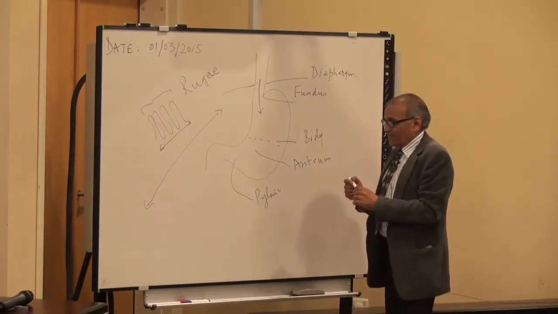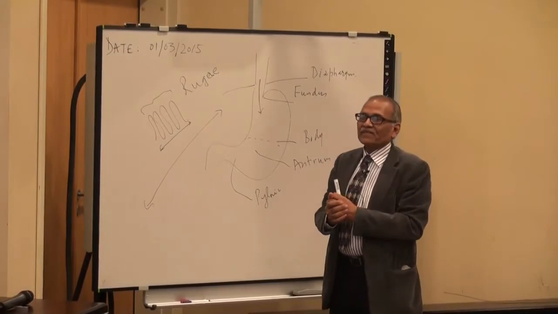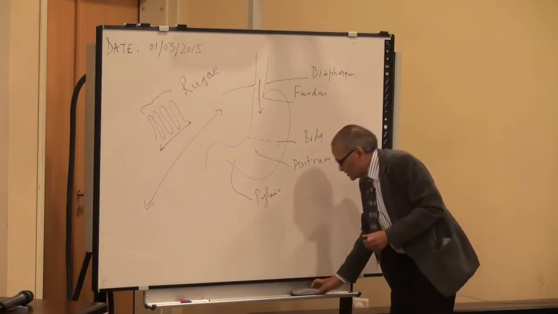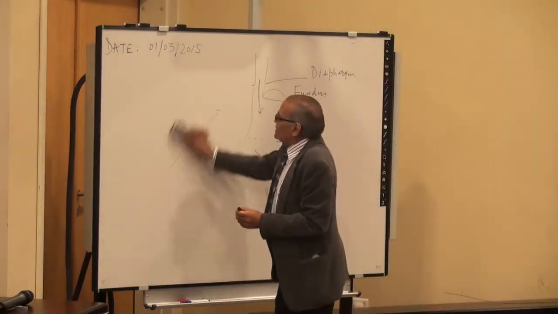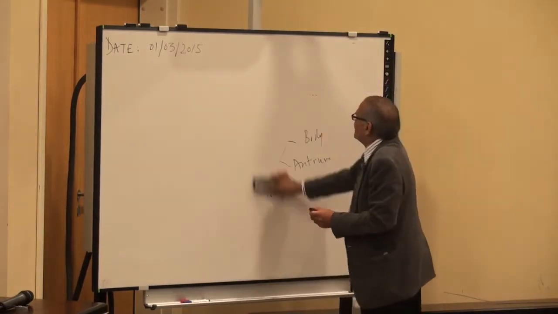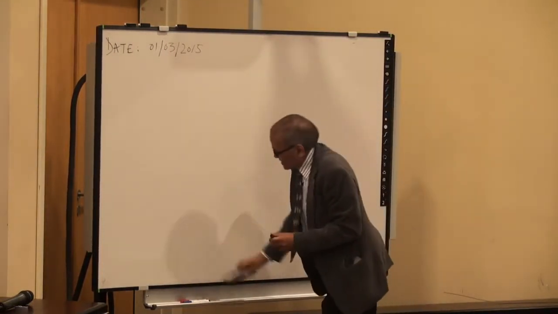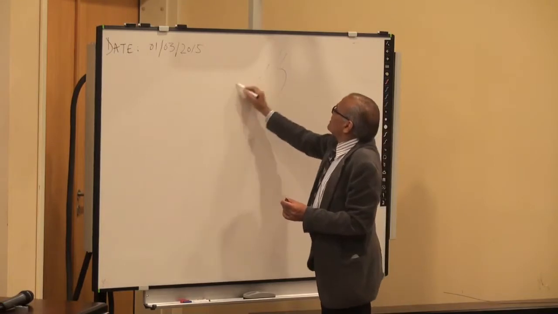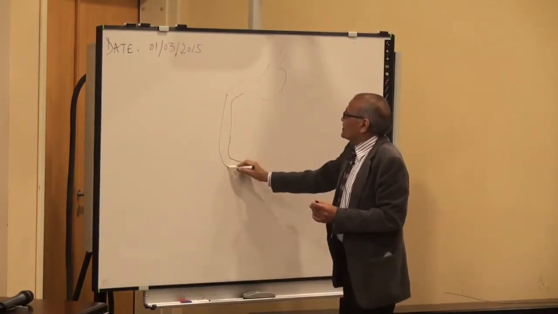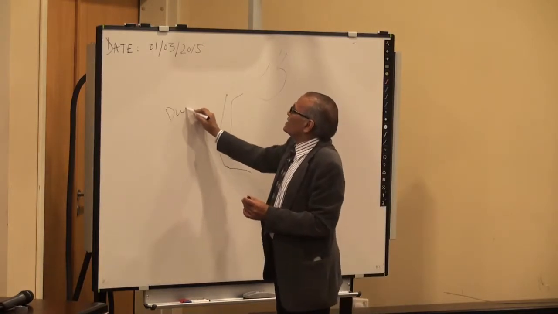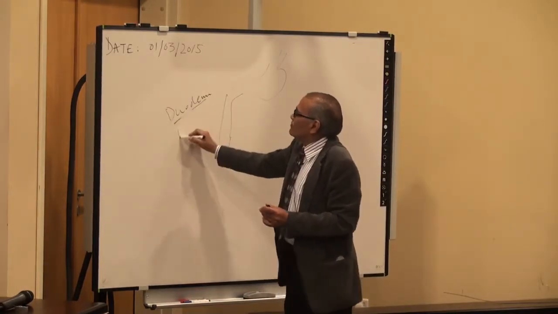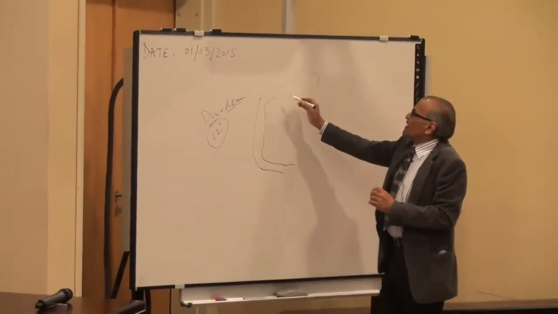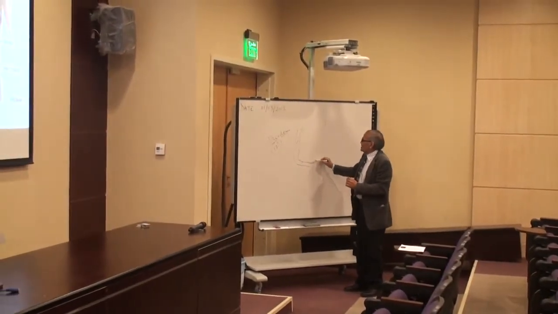Next, the food has to enter into the small intestine. Now the small gut, the small intestine, is divided into duodenum, jejunum and ileum. These three portions have special structure and special properties for functions. Now from the stomach onwards, the food enters into the first portion of the small intestine, that is the duodenum. The word duodenum comes from 12 inches. So they say that the length is about 12 inches